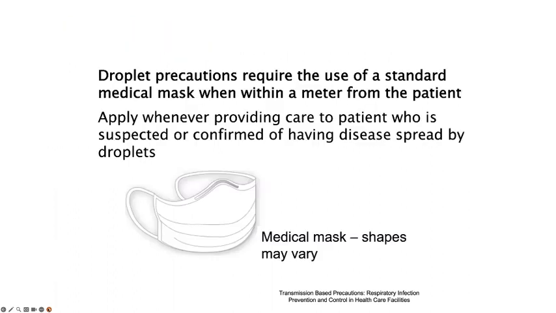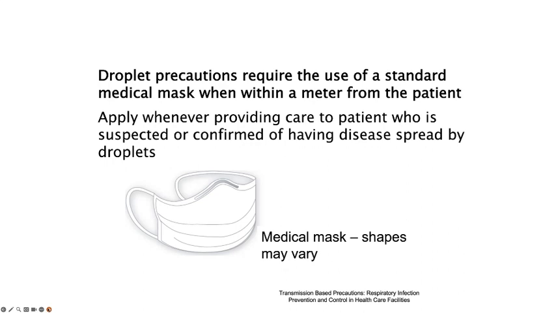Then droplet precautions require the use of a standard medical or surgical mask when within 1 meter from the patient. And you apply these precautions whenever providing care to a patient who is suspected or confirmed of having a disease spread by droplets. And these medical masks, as I'm sure you've seen, the shapes can vary quite a lot, but they do not always create a very good seal to your mouth. And the pores, the holes in the mask, are not as small as they are with the so-called N95 masks,